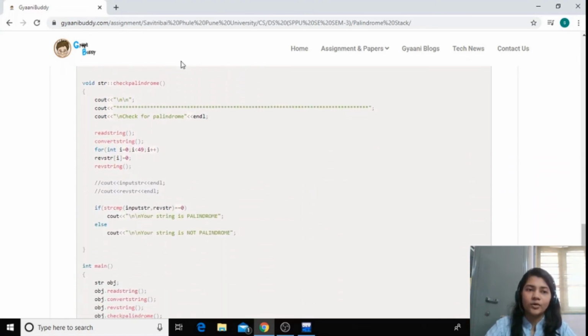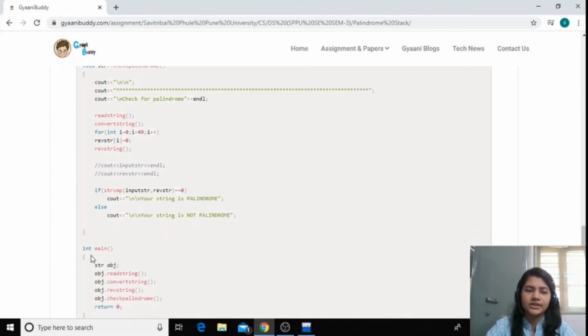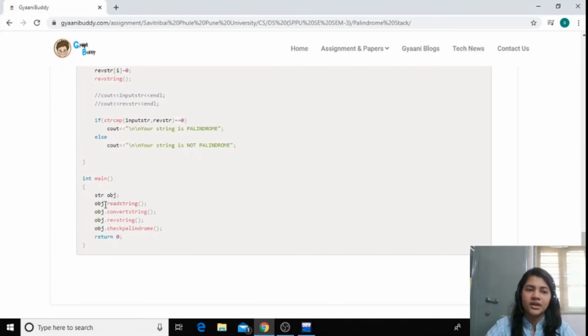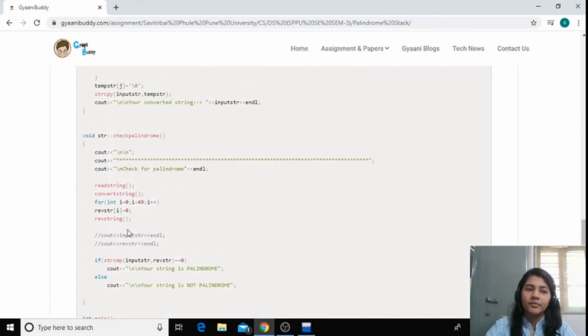Now the check palindrome function. If you see the main function first, we have created the str object, and we are reading the string, converting the string, and reversing the string, and then we are calling check palindrome. But in check palindrome, if you see, we are again calling read string and convert string, that is, the console will ask you two times to read the string, two times it will convert the string. So what is happening? revstr is not a local variable.